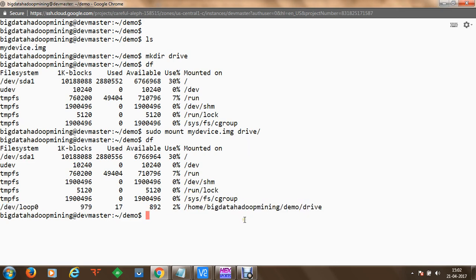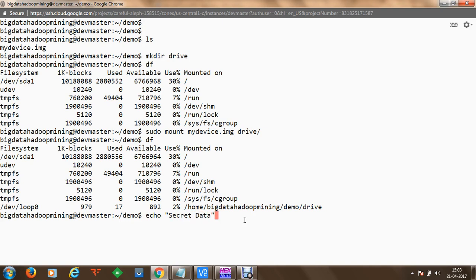Now that we have seen how devices are mounted onto a directory, we are going to create a text file using the echo command in Linux. Using this echo, we can create some text like, let's say, secret data.